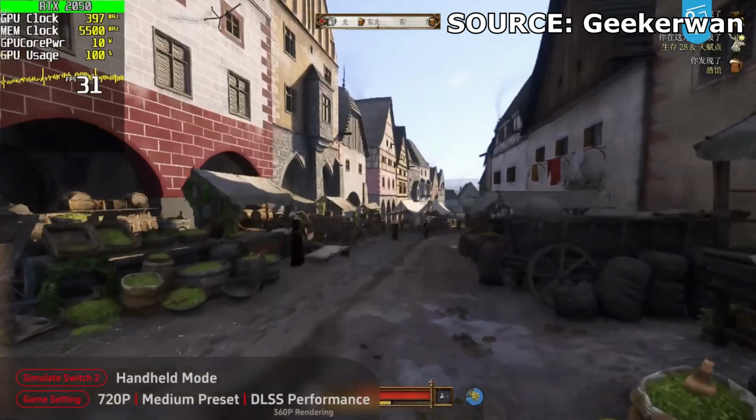And handheld mode was pretty decent as well. 720p, medium preset, DLSS set to performance, so it was rendering in native 360p, which, that's still brutal. I understand DLSS can work some magic, but damn. Nonetheless, didn't look bad. Stayed in the 30s, or around the 30s, I should say. Again, with optimizations, dynamic resolution, and tweaks to DLSS, I'm sure the game will run and look even better in